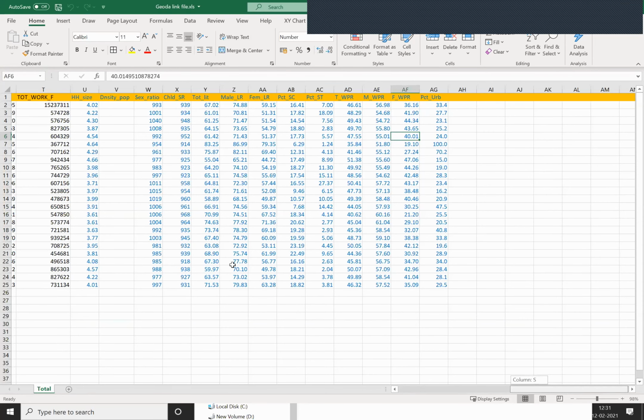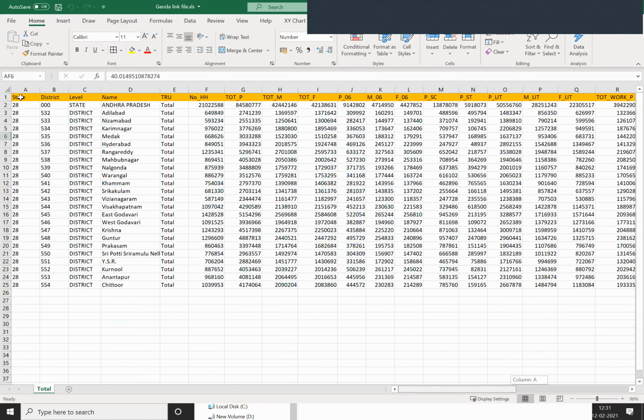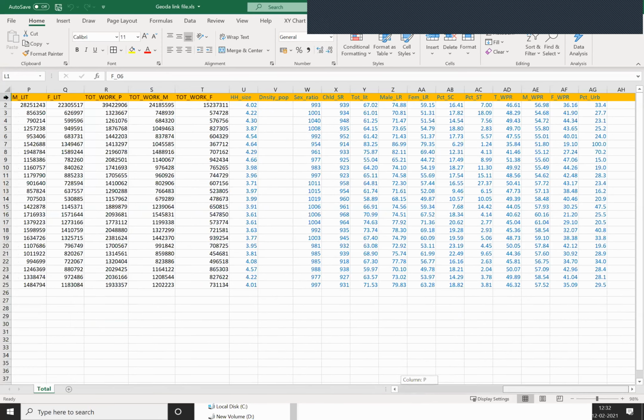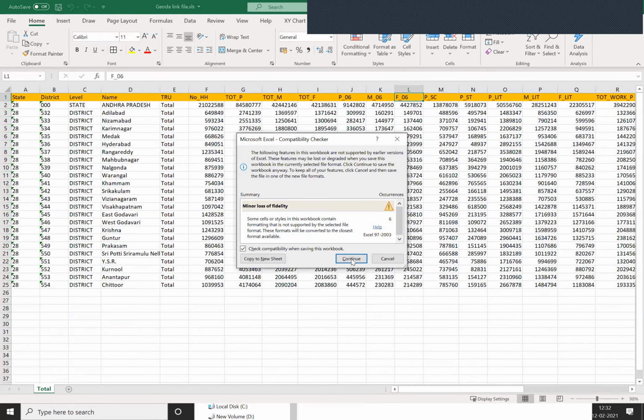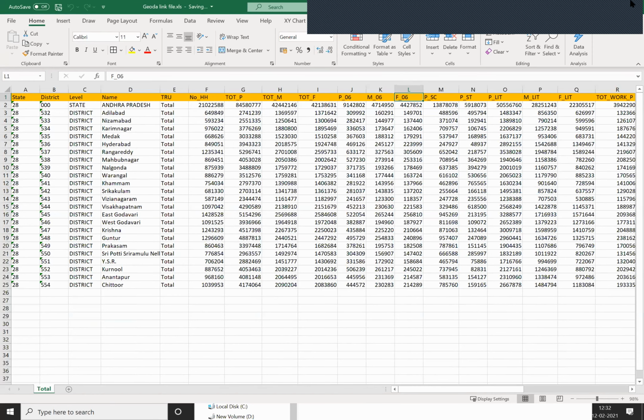Look at how the data is organized. The first row has the variable names, and I told you how the variable names need to be constructed, and the rest is data. There is no gap, no extra cell, no empty row. It starts and comes down very smoothly, clear, clean data. So I have this clean data, I save it, and now I close this file.